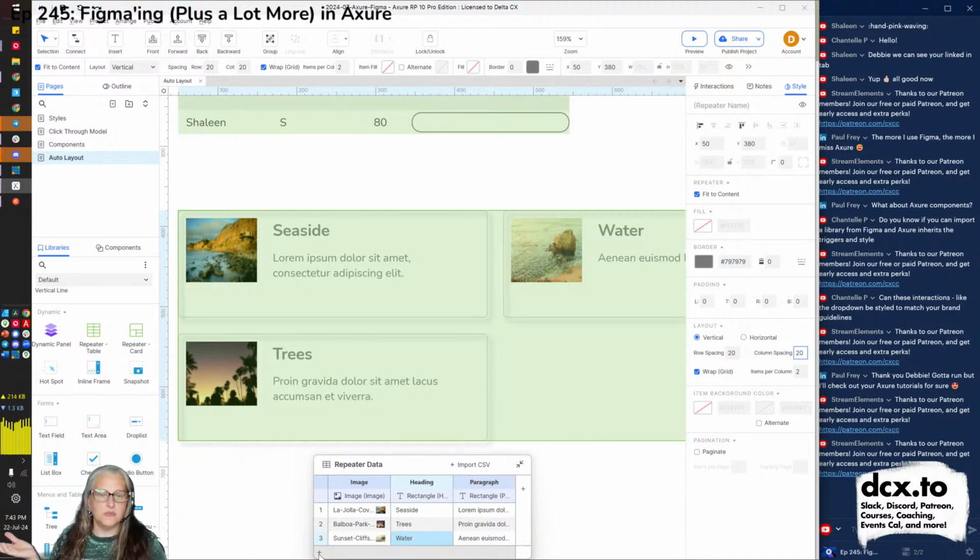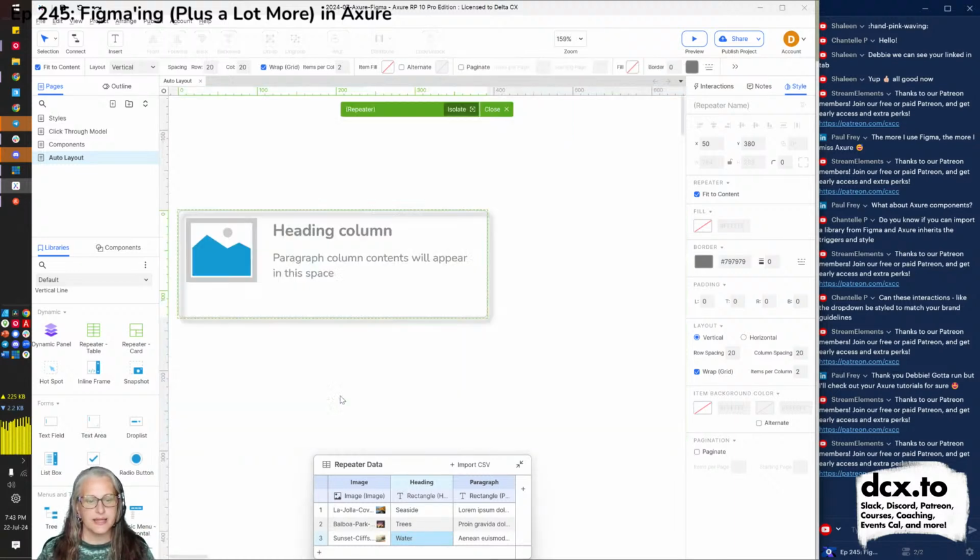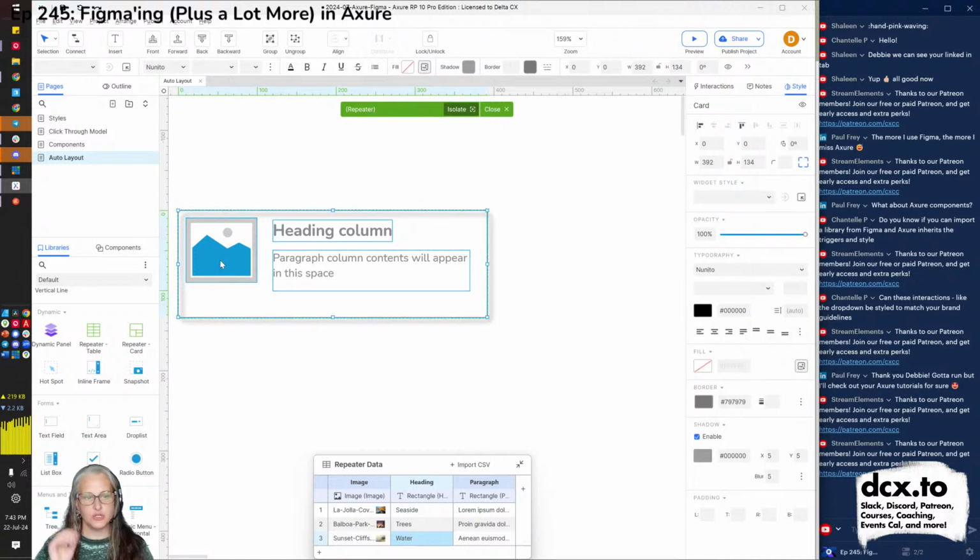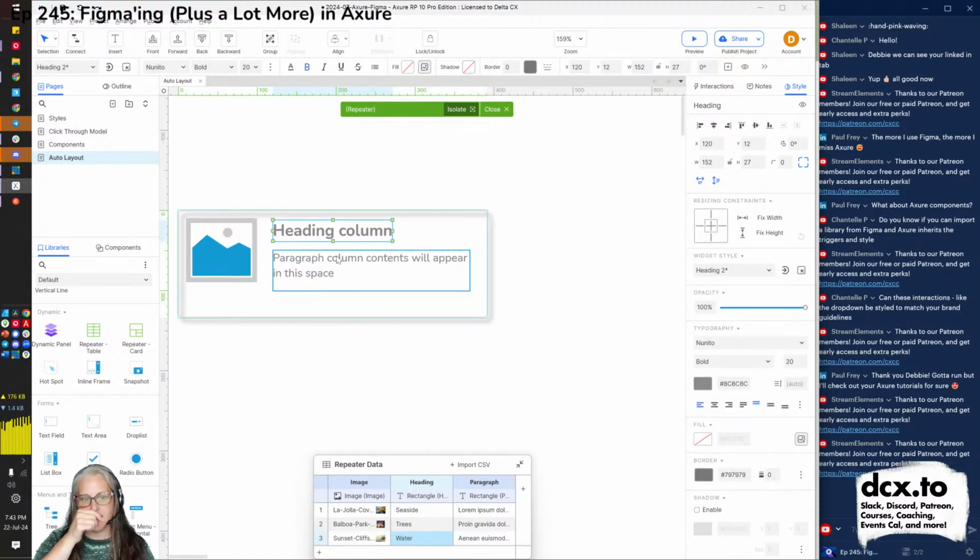You can do that. You can always design one of these boxes and copy paste to your heart's content. You can use lots of global styling. We can use global styling here in the repeater. Or again, the idea of a repeater is that you have one particular model. So everything is going to lay out like this. The picture will be this size, and we've got a box around it, and we have a cheesy shadow, and this is the heading, and this is the body, and anything we change here.